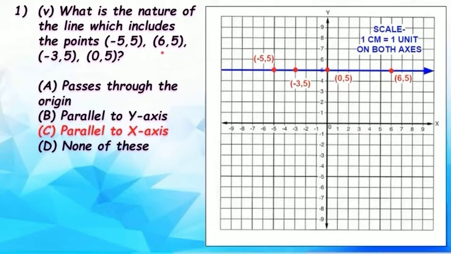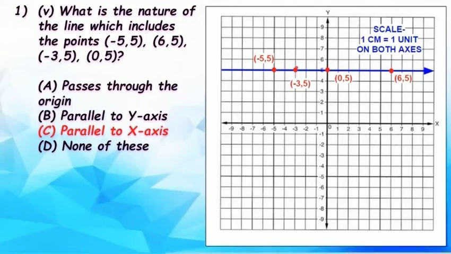Now the next is 6, 5. On the x-axis we locate 6, which is here, and on the y-axis we locate 5, which is here. The intersection of these two gives us a point that lies here. So the 6, 5 point lies here. The next point is given to be -3, 5. Again on the x-axis we locate -3, which is here, and on the y-axis we locate 5. Again 5 on the y-axis is here. So we draw imaginary lines and the intersection of these gives us this point -3, 5, which lies here.